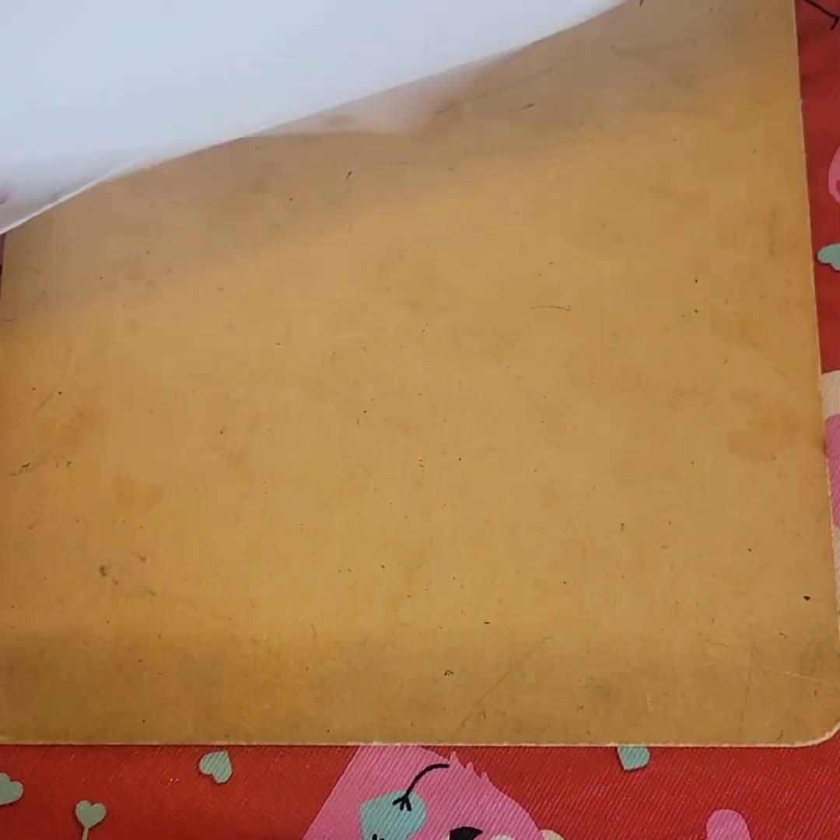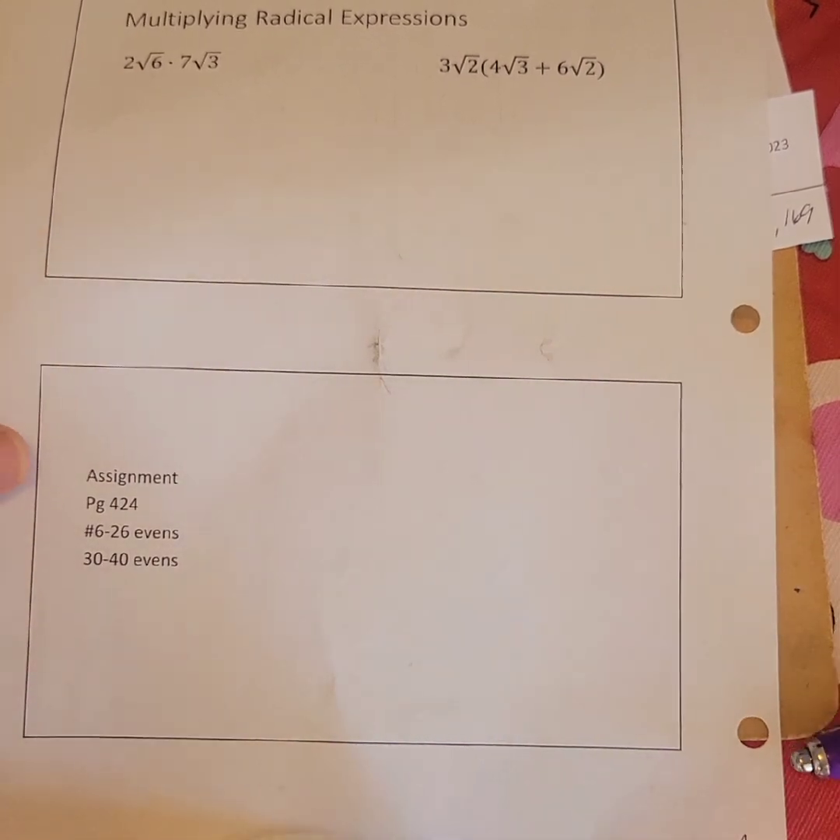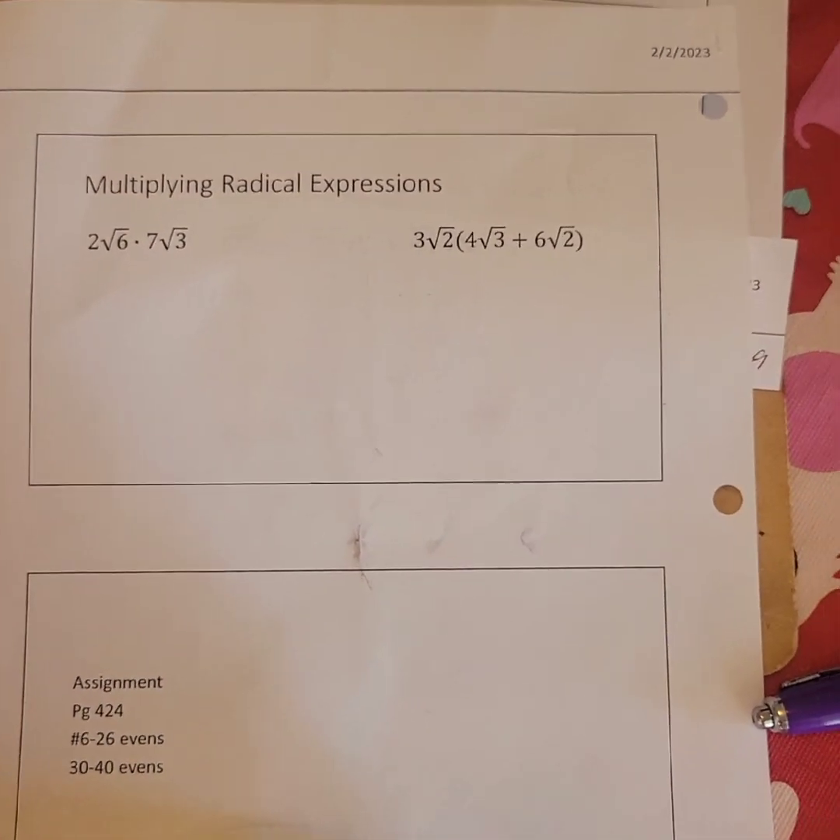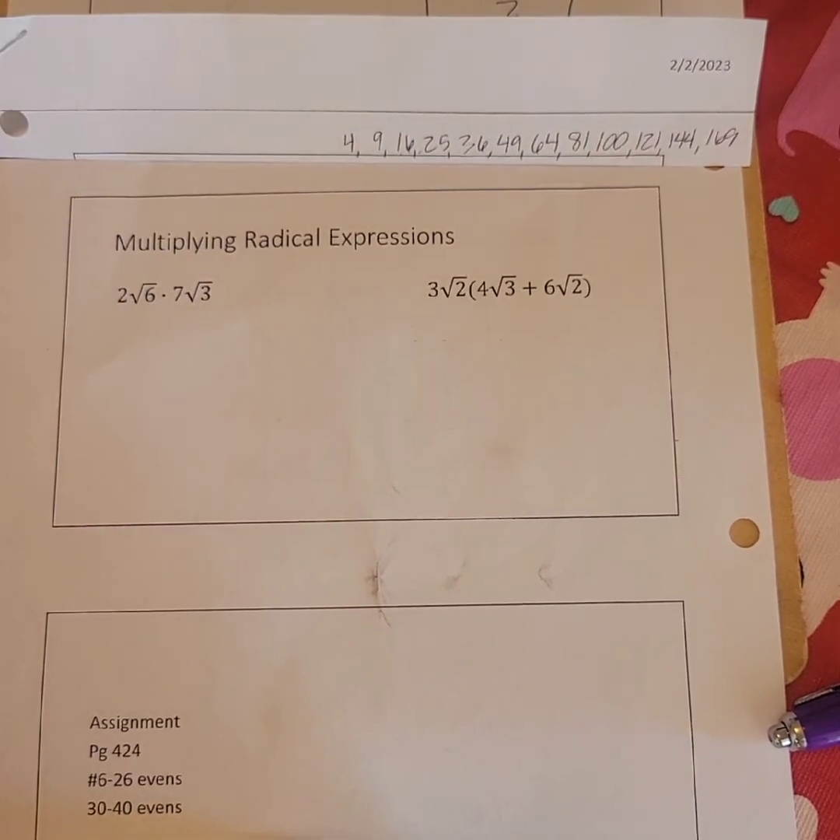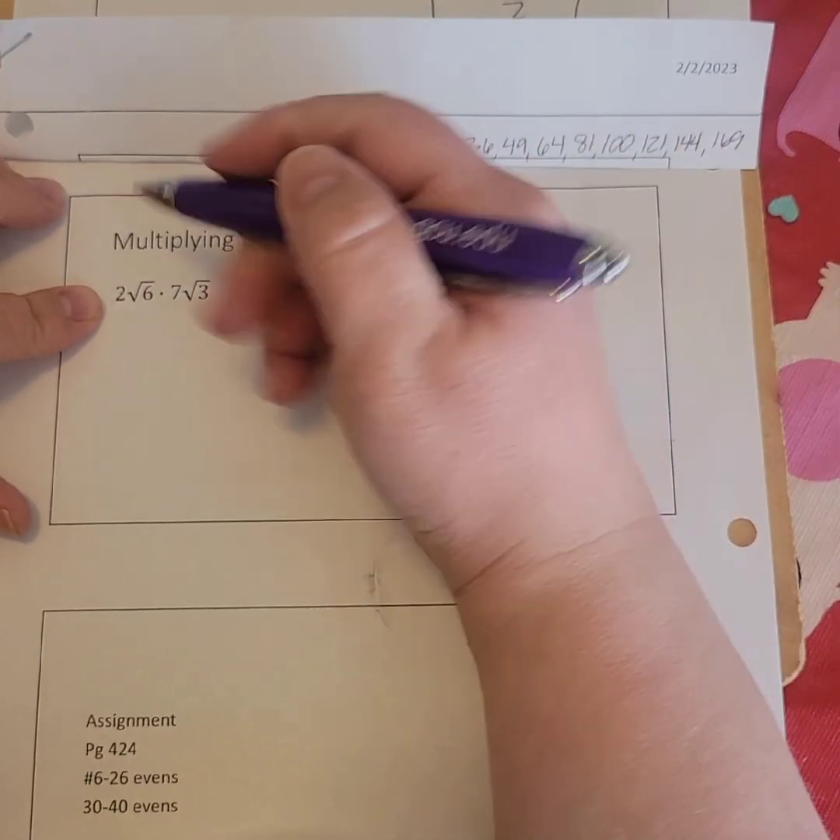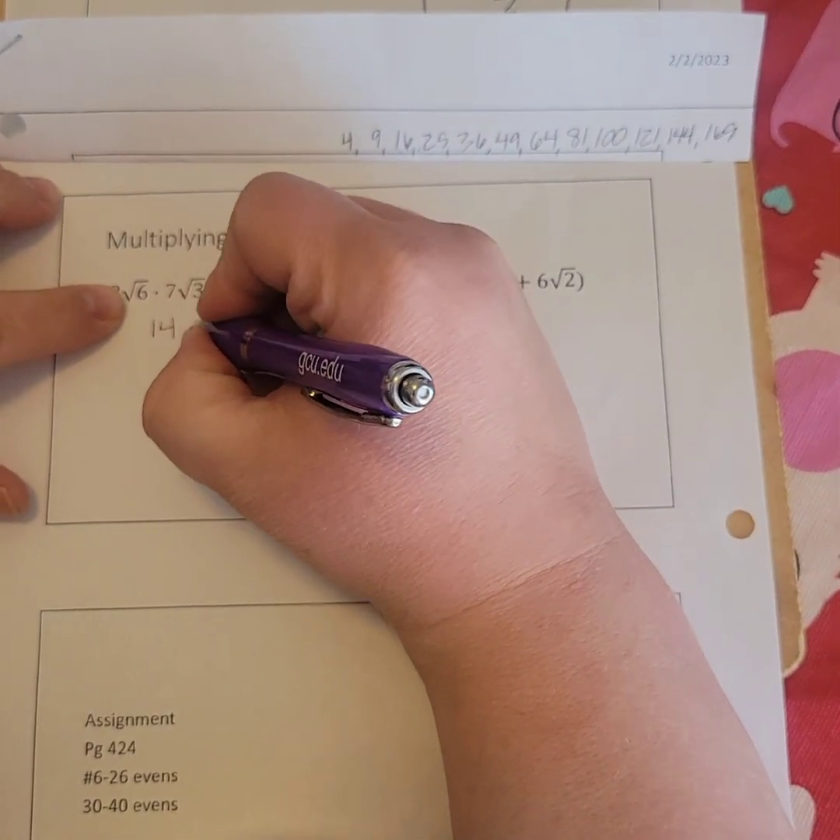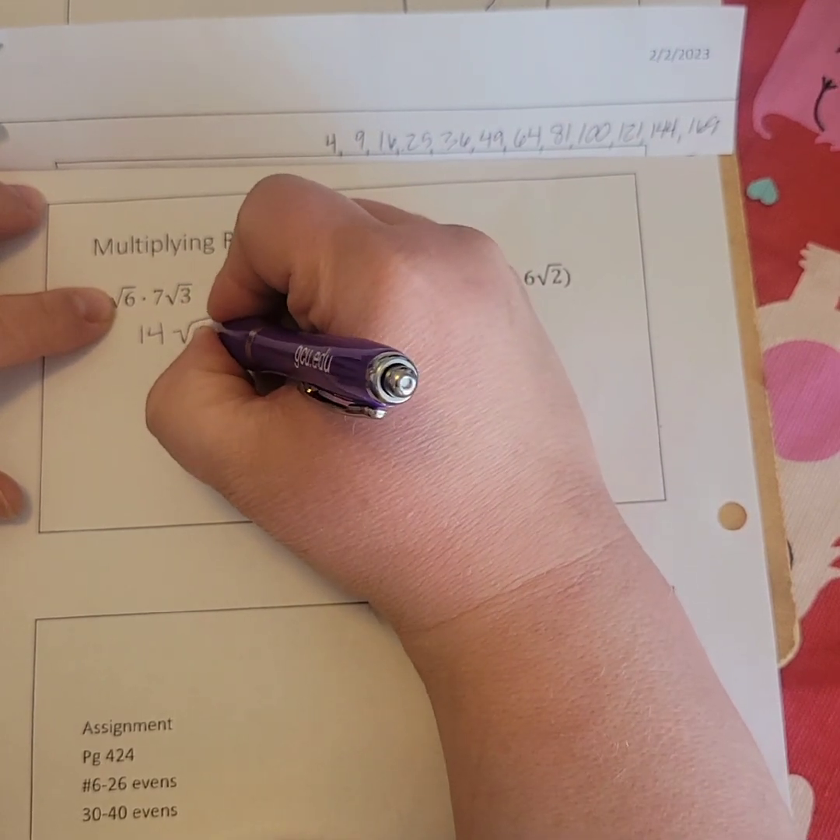Okay, and I think we're on our last slide. Multiplying radical expressions, still using our perfect squares. Actually, these ones, kind of, yes. So these, you can just multiply the outsides. So we have 14, and then we have 6 times 3, which is 18. Well,